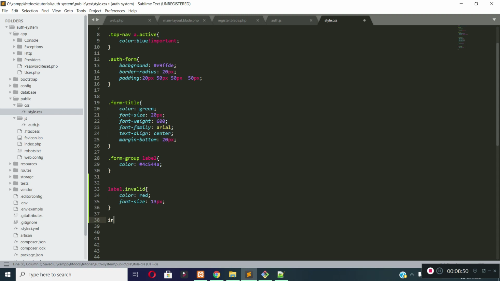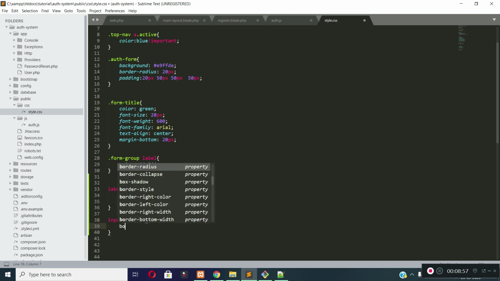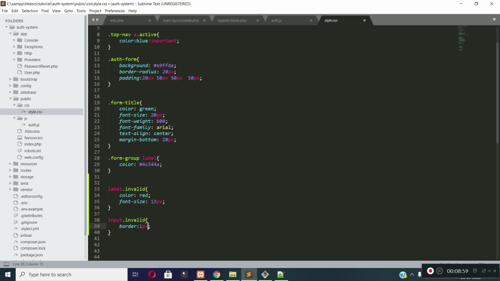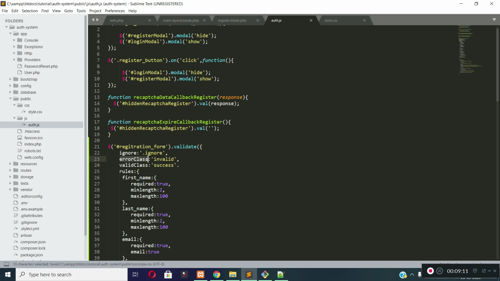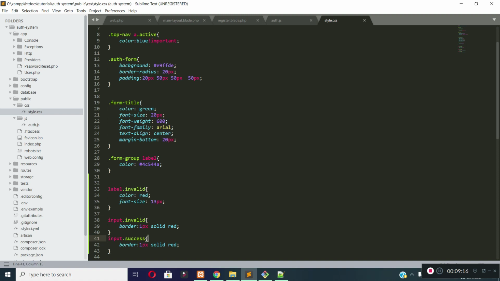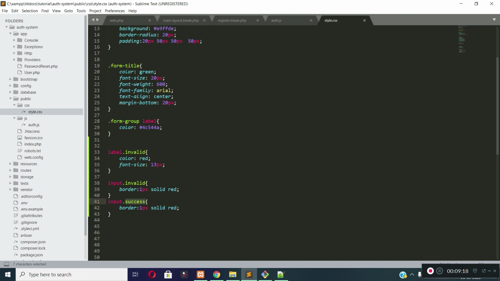And for input invalid, the border will be 1 pixel solid red. And for input success, this is the class we defined here. Error class is invalid and valid class is success. So when the input has a class called success, then the border will be 1 pixel solid green.